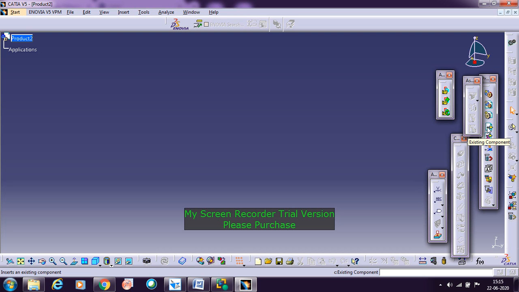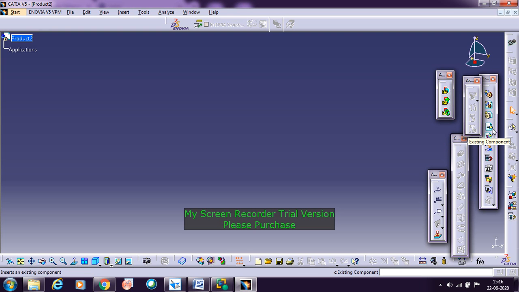So with this existing component, you don't have any control over where to place it and where not to place it. But in the second option, existing component with positioning, you can place the component wherever you want it. Whether you want it in the top right corner, top left corner, bottom right corner or bottom left corner, that is okay. Using this, you can move the part to the desired location where you want to assemble the part exactly into the assembly. So for that reason, this will be serving the purpose.